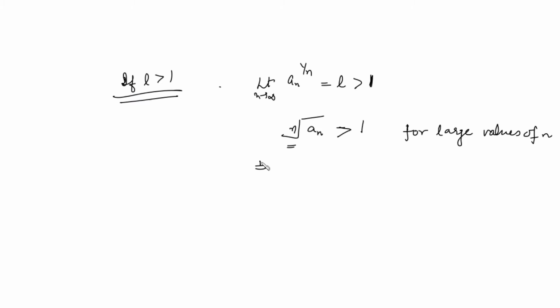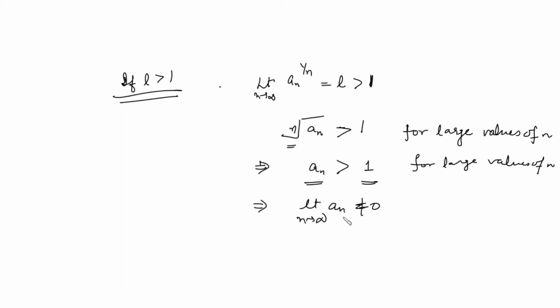So this implies that your nth term is greater than 1 to the power n, again for large values of n. Which further implies that the limit of the nth term is never 0, because these terms are greater than 1. So whenever this term is not going to 0 as n goes to infinity, this implies that your given series is divergent by